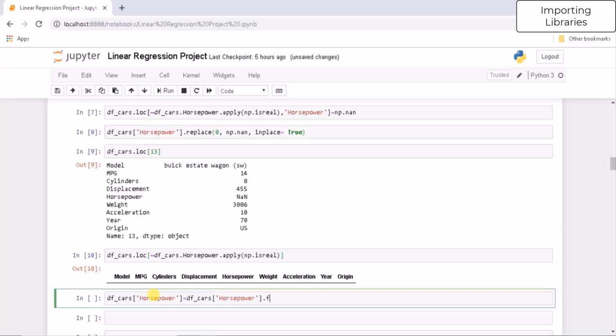So we are asking pandas to replace our earlier horsepower column, wherever there was a bad character, by standard NA, and dot fillna should replace by df underscore cars square bracket horsepower dot